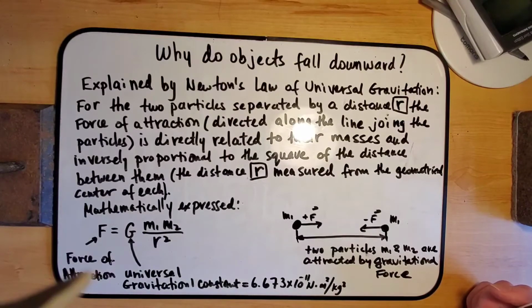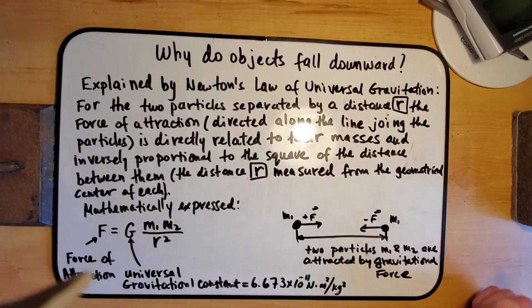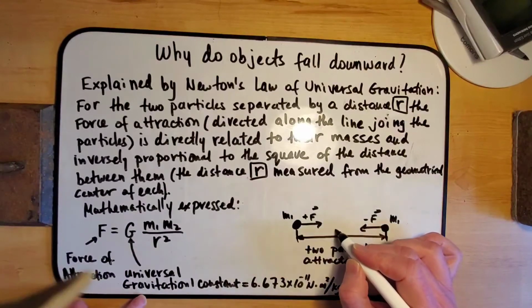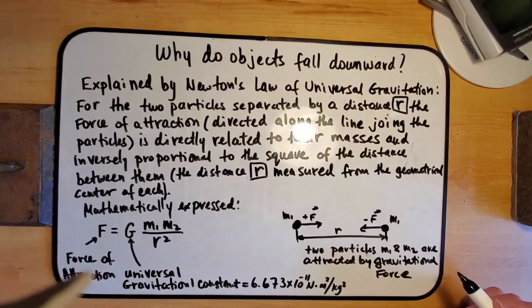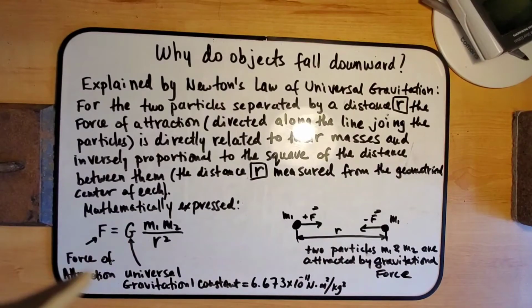Now, how do we mathematically express the statement that I just read? Mathematically, you relate the two masses directly to the force of attraction, or gravitational force, and it's inversely related to the distance between these two objects, like I just showed here. What I forgot to do is put this little r in here. Okay, now, distance squared. Now, the G here is the universal gravitational constant, and it's equal to